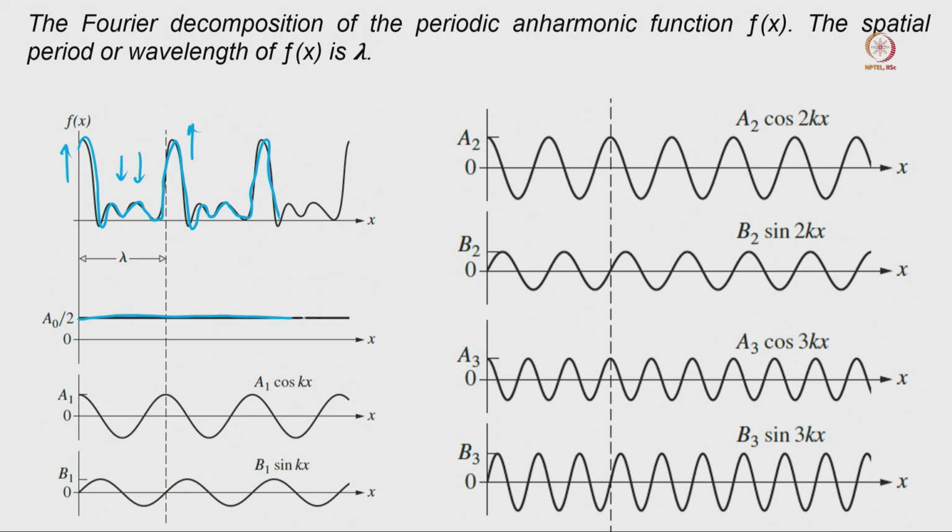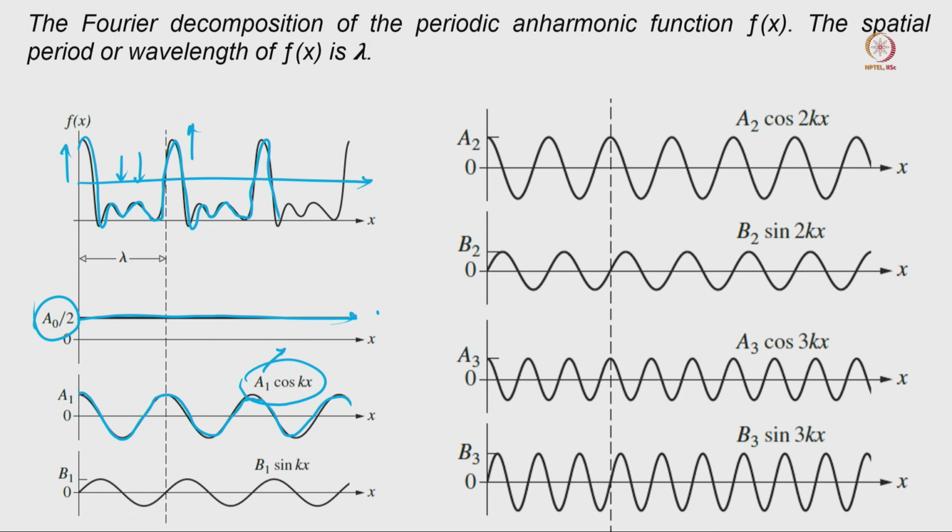I will just use a straight line to represent that wave. The same amplitude I am considering, so I can use A0 by 2 to represent that wave. If I have more and more choices to split that wave, the second wave I want to combine is this one, with the second wave in this form. Now you can see this wave we can represent as A1 cos kx, where A1 is the amplitude and cos kx we discussed multiple times.